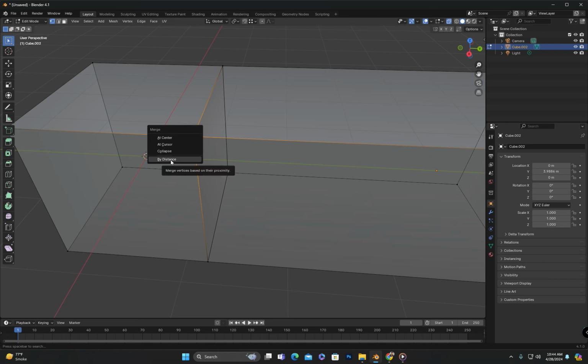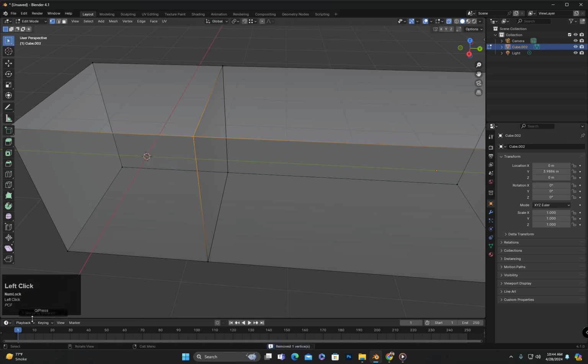If I select two vertices and then merge them by distance, I will get another option below where I can set the distance. If the vertices are within that distance, they will merge, but if they are further apart, they will not merge. If I select them and then merge by distance, you will see remove one vertex written.